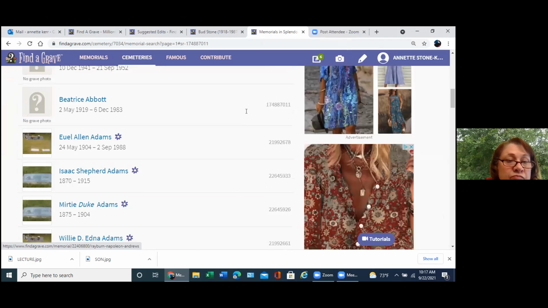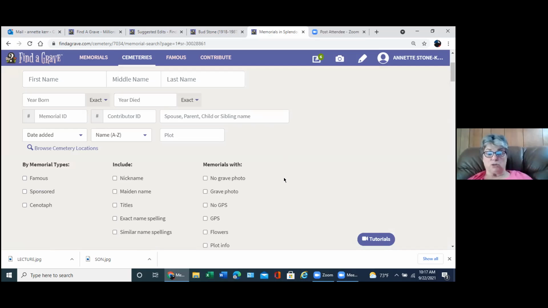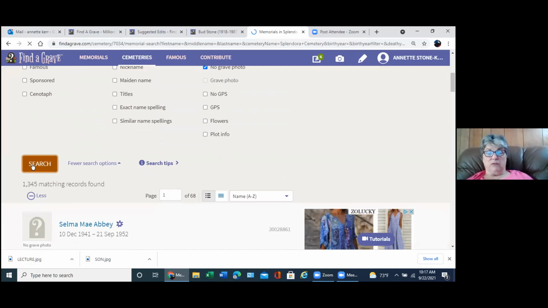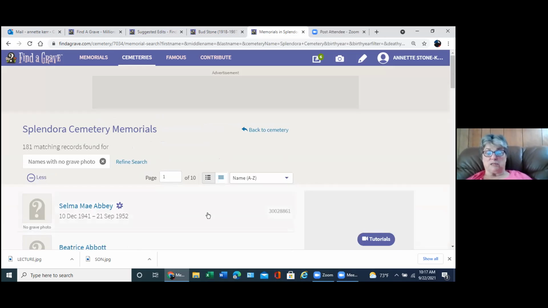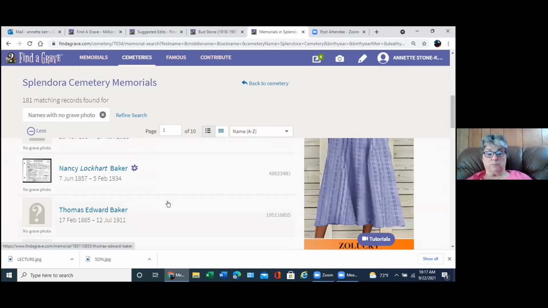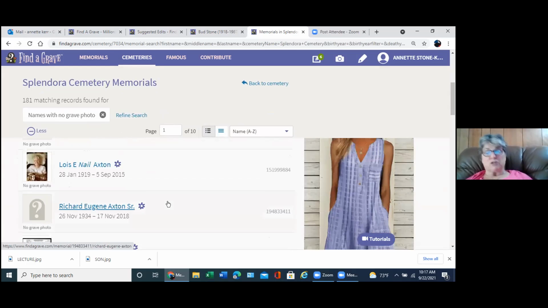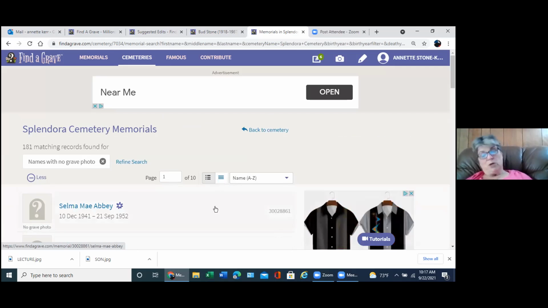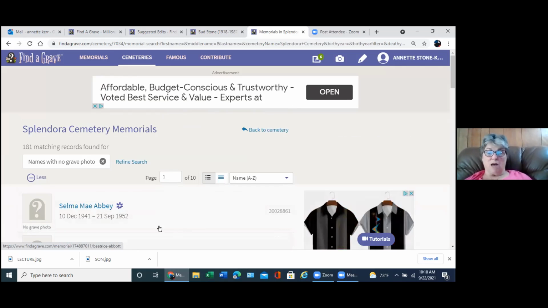You have different options of how you want to search. Many go out and do pictures, of course. So you can search for no grave photos. This helps if you're actually going to the cemetery and you're looking for the ones that don't have a picture. You can then have a smaller list and take the pictures. Then when you get back home, you can upload the picture to this particular person's